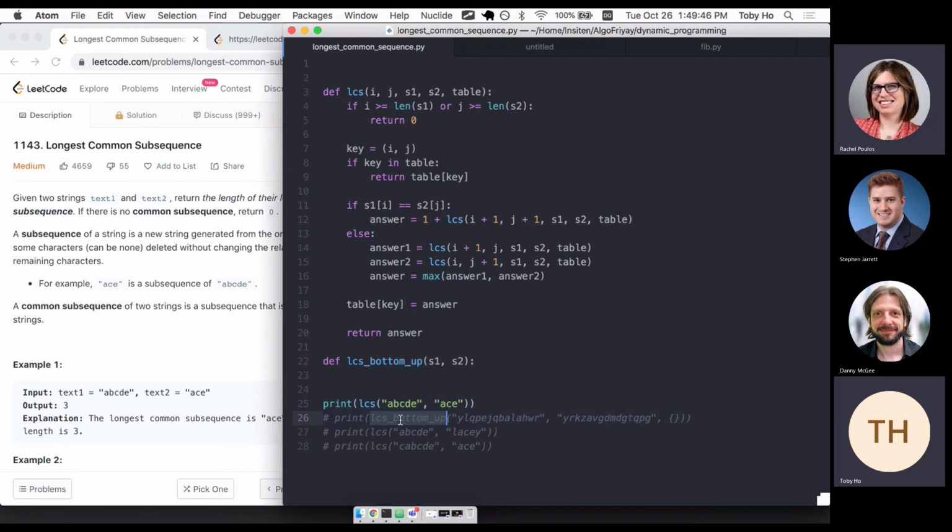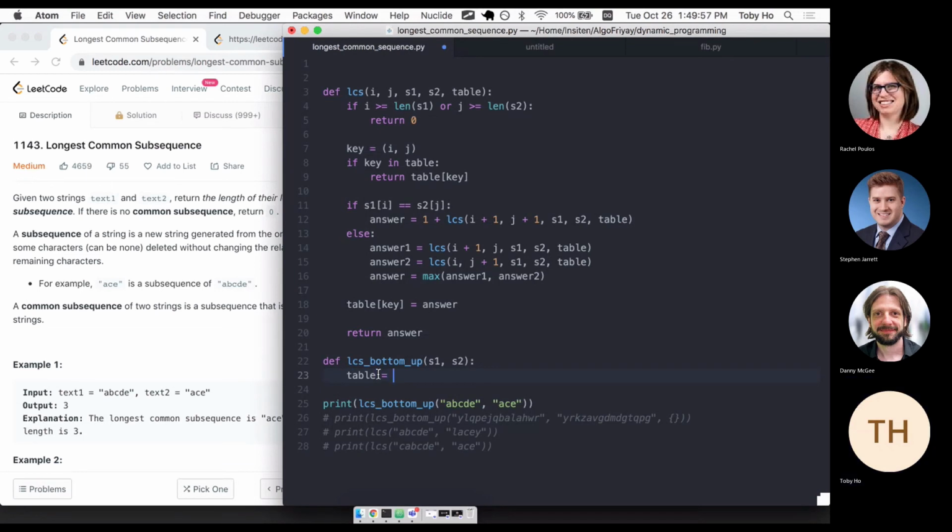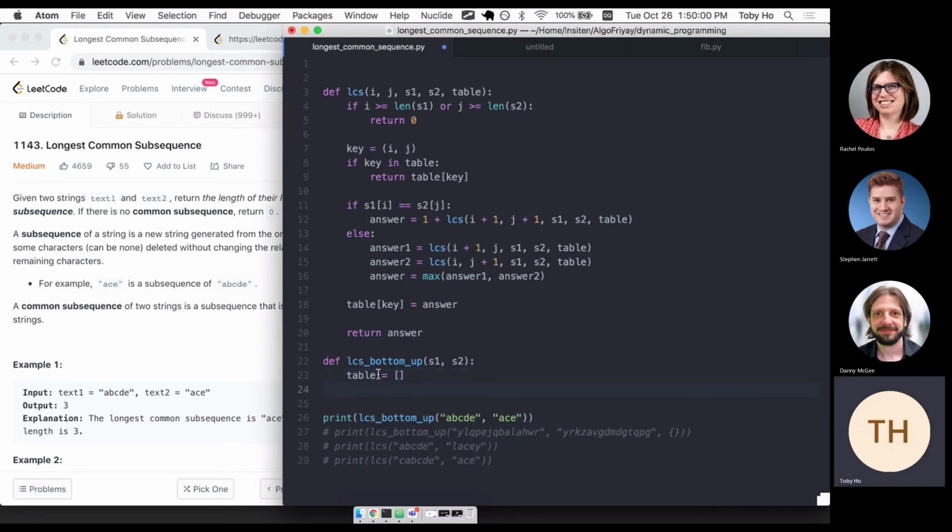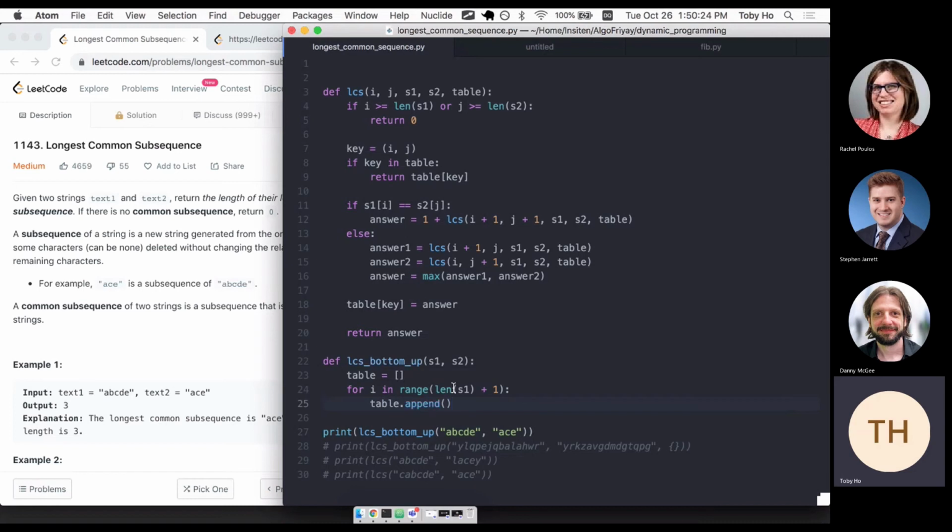Now I'll test this function. Okay, so the first thing we're going to do is we want to make a table of the appropriate size. I think I'm going to go for i in range of length of string 1 plus 1. Plus 1 because we want that extra row for those zeros. And then I'm going to append a row to the table for each character in string 1